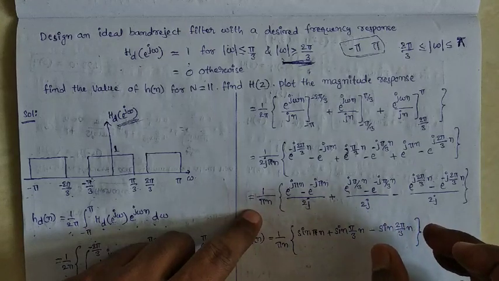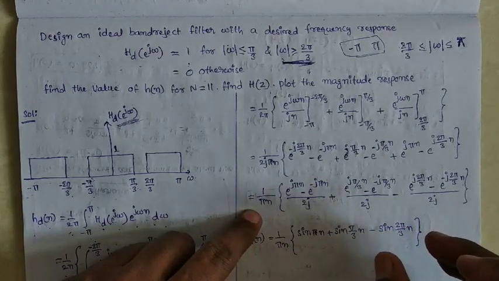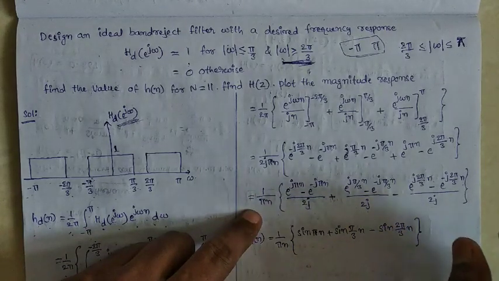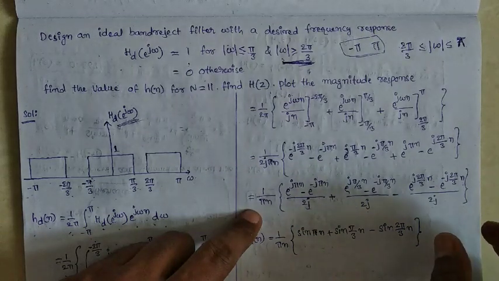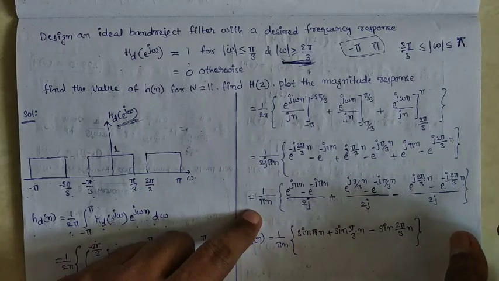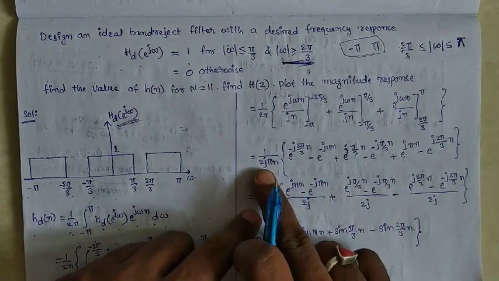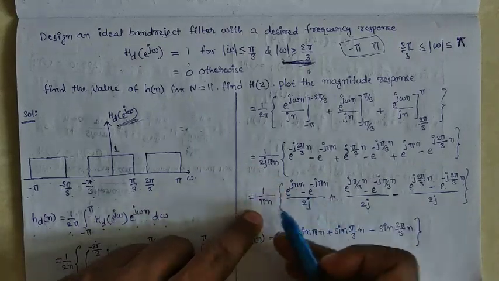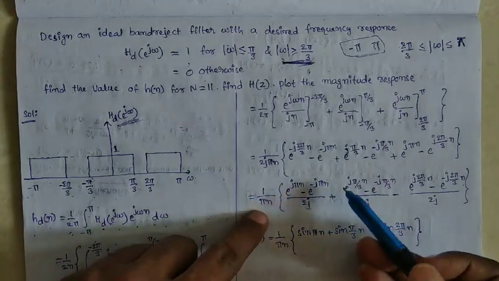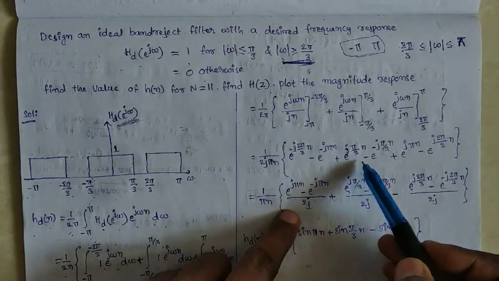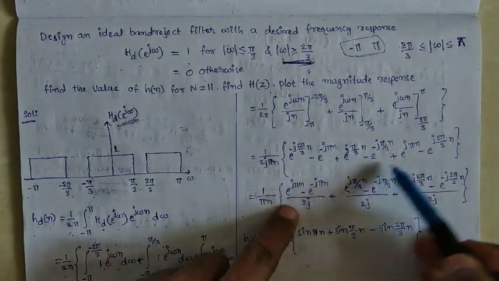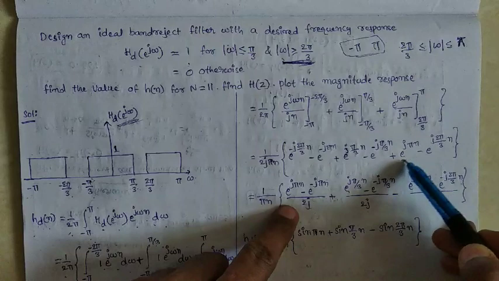Similarly e power j pi by 3 n and e power minus j pi by 3 n one term. Similarly e power j 2 pi by 3 n and e power minus j 2 pi by 3 n is the other term. We are dividing these terms with what? This 2j. The remaining term is what? 1 by pi n. Here first of all I am writing the terms. Here positive e power j pi n